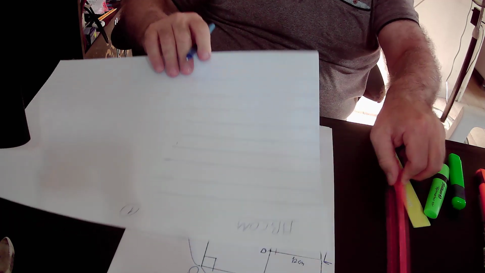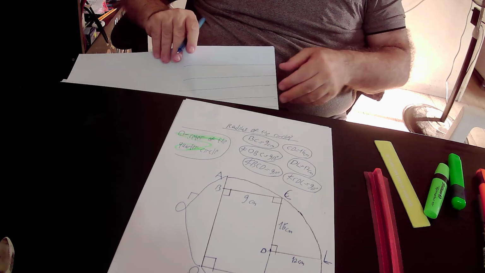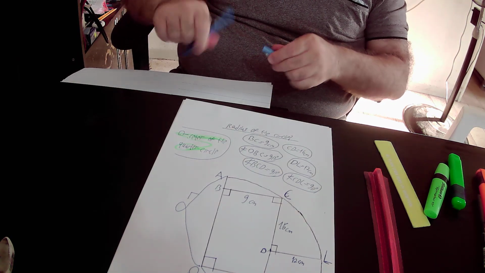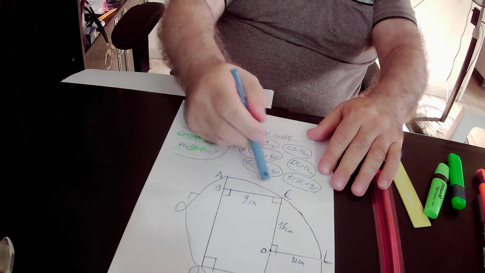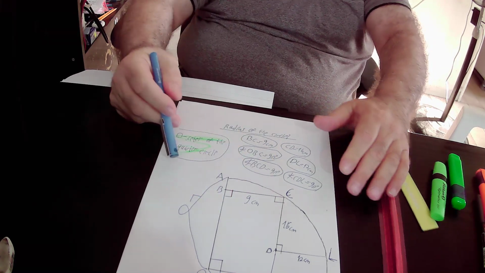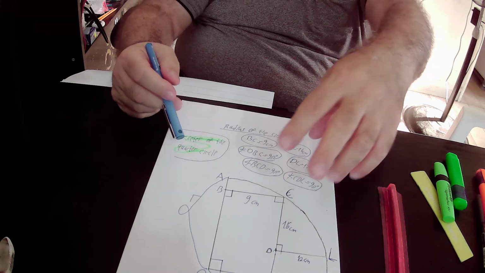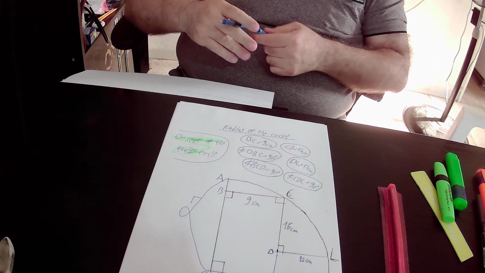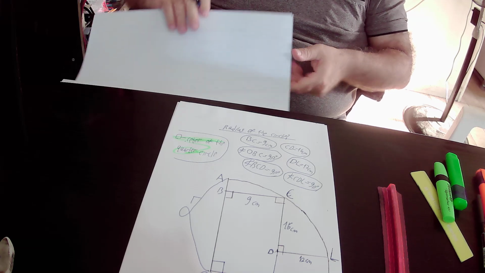And inside quadrilateral BCOM we have 1, 2, 3 right angles. I repeat again, inside quadrilateral BCOM we have 3 right angles, and the sum of 3 right angles